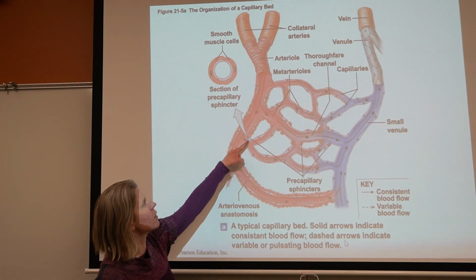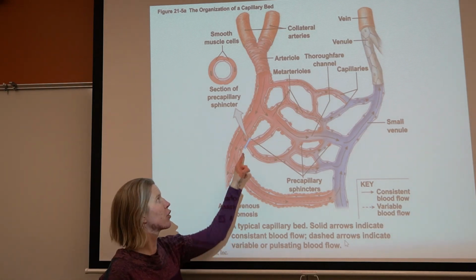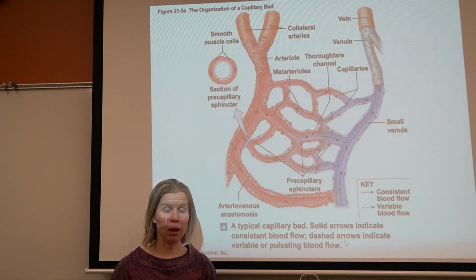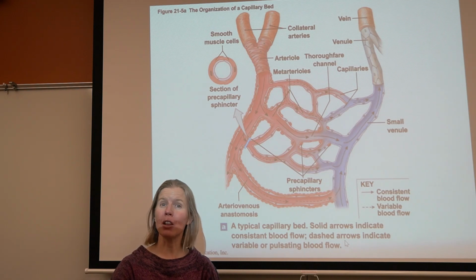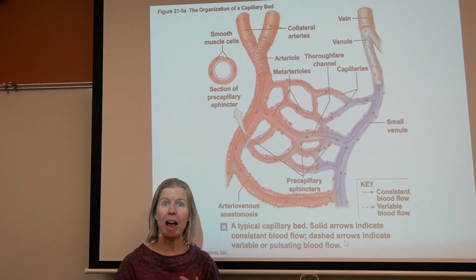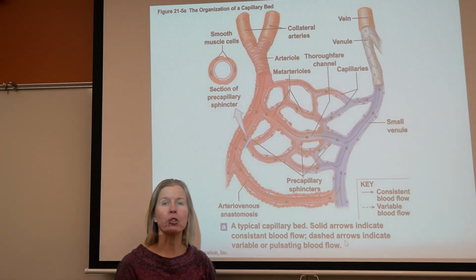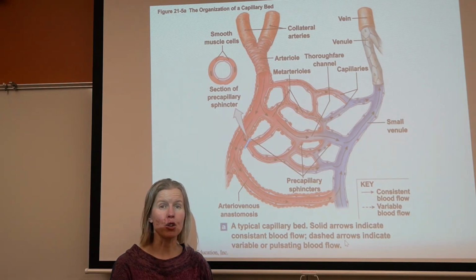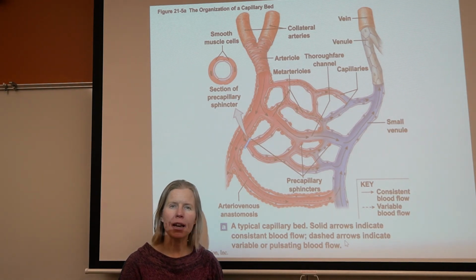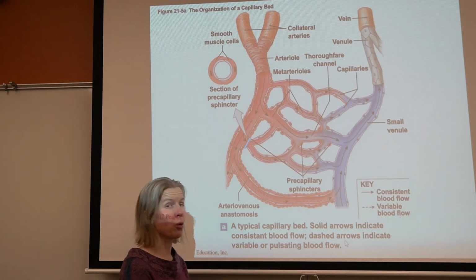What we do is at the openings, you have what are called precapillary sphincters. These are little rings of muscle that can divert which portion of that capillary bed is getting blood flow. Now, as activity increases, we start getting more coordination in how these sphincters are working, and we do our best to spread that blood flow out evenly and make sure all the cells are getting the oxygen and nutrients they need. If a cell is hypoxic, if it doesn't have enough oxygen, it can actually release growth factors. So vascular endothelial growth factor, or VEGF,